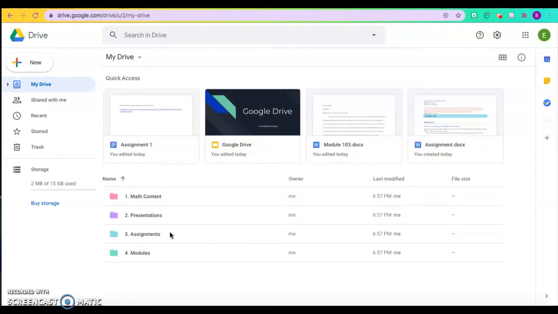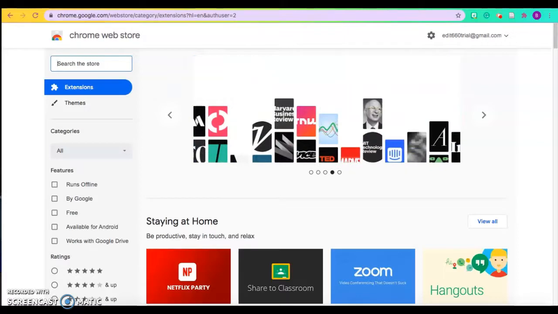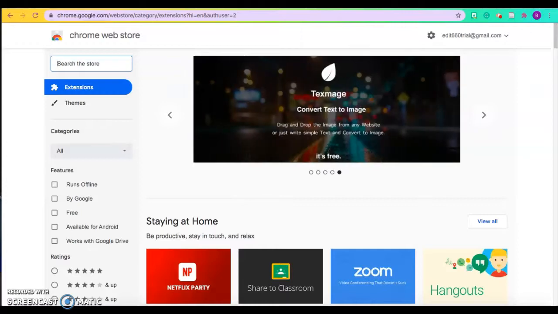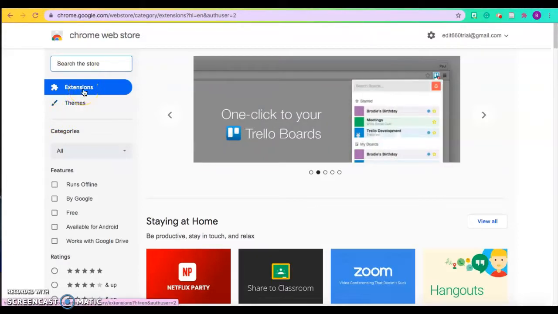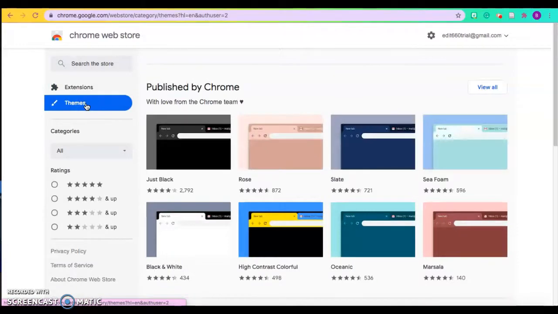The second thing that I would like to show you is how to apply a theme to your Google Drive or your Google account. So you will need to go to the Google Chrome web store, and you can type this into Google search and it'll be the first thing that pops up. Automatically it's going to bring you to this page, and it's going to have extensions already highlighted. So the first thing you want to do is change it to themes,